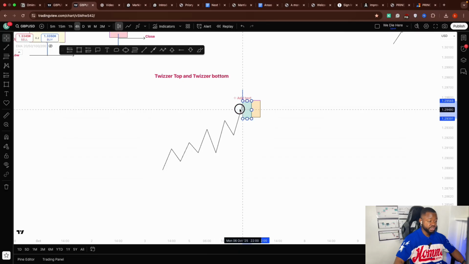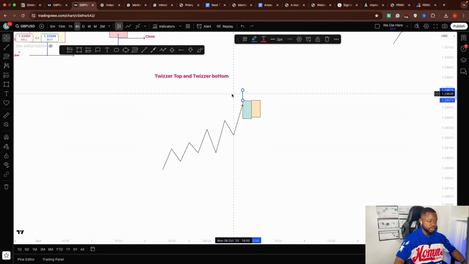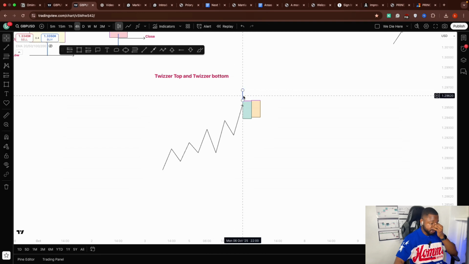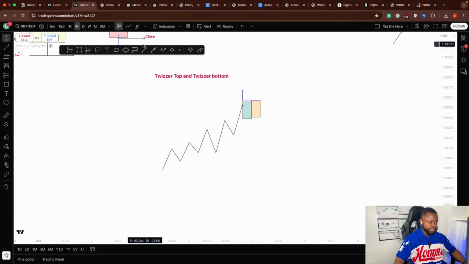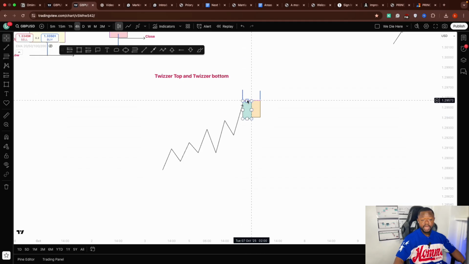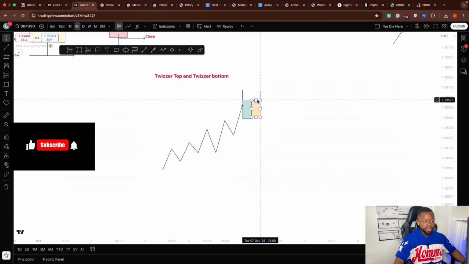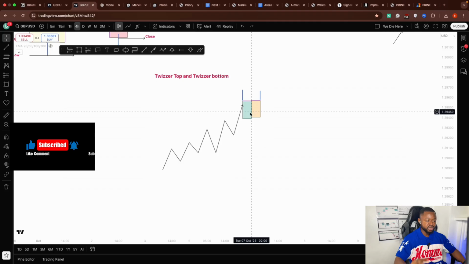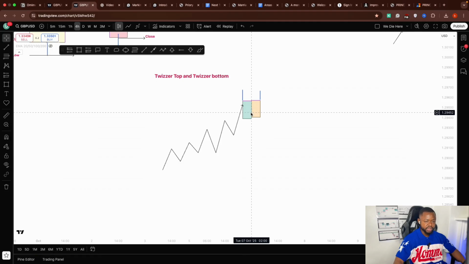These things can be very tricky sometimes. So basically what I'm trying to depict is the wicks. Let's say the wicks here, and this is the wick here for the sellers. At the end of this trend, when we got to the top of this trend, the buyers decided to stop here and nobody was ready to buy above here. The sellers came into the market. So the candle is depicted by two even candlesticks that almost have the same measurements. That's the tweezer top. So for the tweezer bottom,